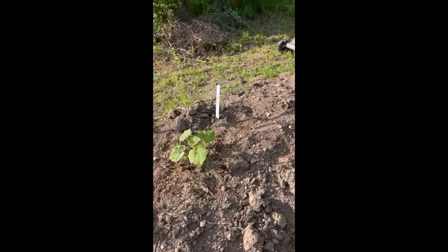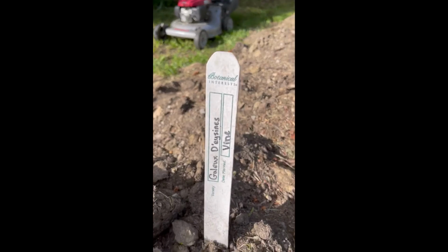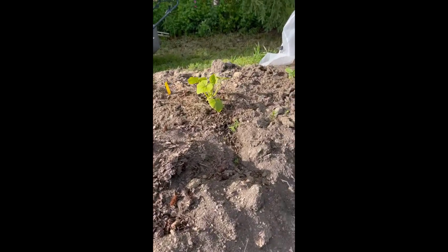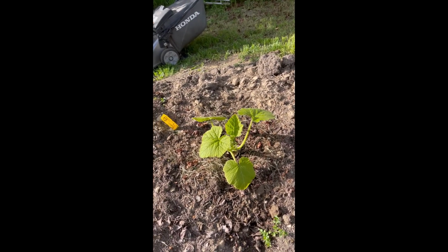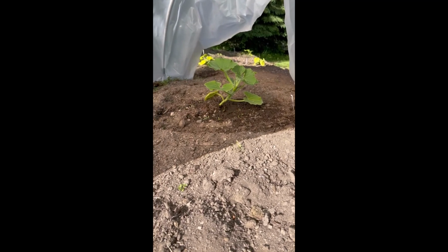And then here we have, I'm not quite sure how you say the name, but it's a French variety of pumpkin. It's really good for eating, really sweet, good for pies. This is called Crespo. It's a really big green kind of old variety of pumpkin. It gets really warty too. This little greenhouse I made is for my giant pumpkin, which is doing really well. And then over here,